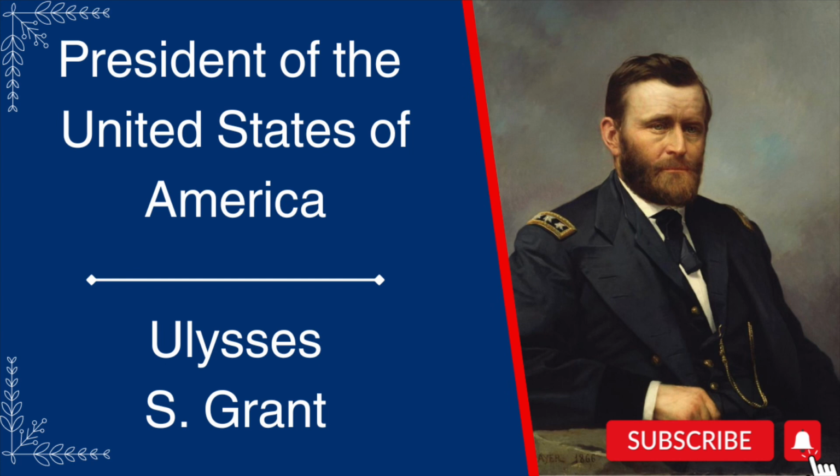In 1863, he led the Vicksburg Campaign, gaining control of the Mississippi River, dealing a serious strategic blow to the Confederacy. President Abraham Lincoln promoted him to Lieutenant General after his victory at Chattanooga. For 13 months, Grant fought Robert E. Lee during the high-casualty Overland Campaign, which ended with the capture of Lee's army at Appomattox, where he formally surrendered